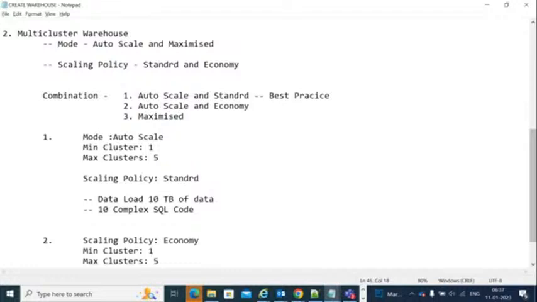Here also you will select the maximum and minimum number of clusters like this. What will it do if you select economy, in case of standard? Whenever you upload the data or submit your complex queries, it will calculate and then it will increase. What economy will do: suppose you submit 10 SQL queries to your Snowflake, it will calculate